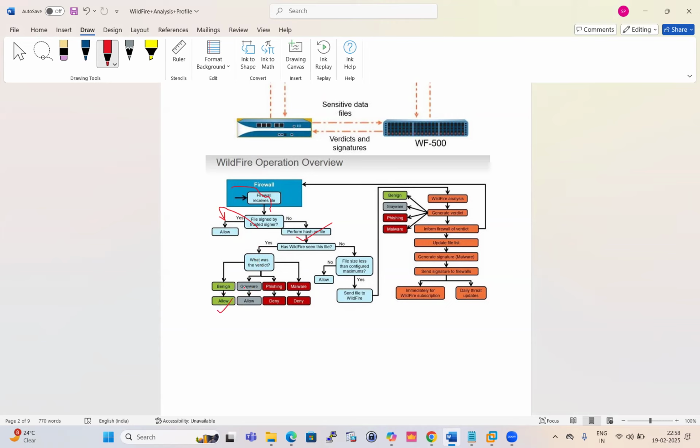So which verdict is good and which verdict is not good. If it is grayware, it is going to allow. If it is phishing, it is going to deny. If it is malware, it is going to deny. And if that file is not seen earlier by WildFire, then it is going to check the size of